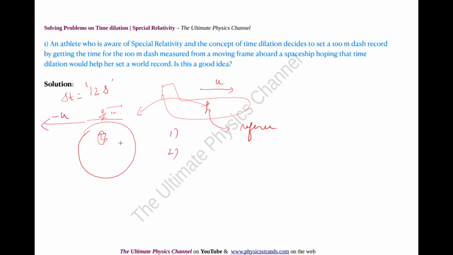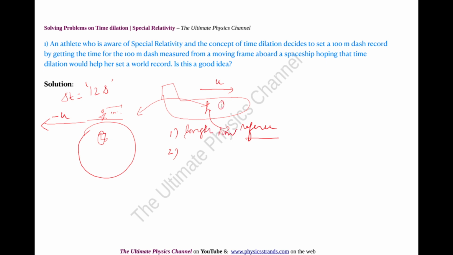That includes all biological processes on the Earth. Therefore, the referee on the spaceship would observe that all the events, the 100-meter dash and everything, have slowed down on the Earth. In fact, he would see the action of the 100-meter dash in slow motion from the spaceship. So definitely, according to the observer on the spaceship, that is the referee in this case, time has slowed down on the Earth, and therefore the 100-meter dash would take a longer time than it does on the Earth,